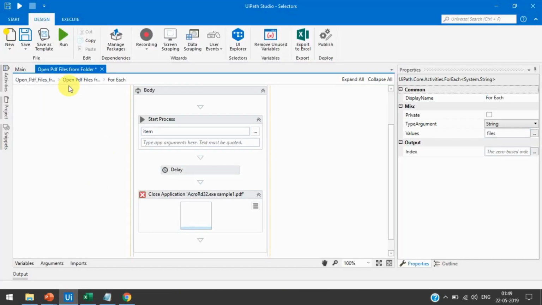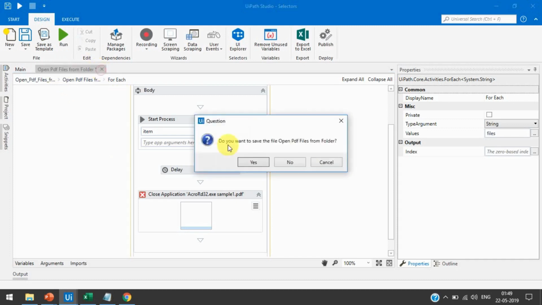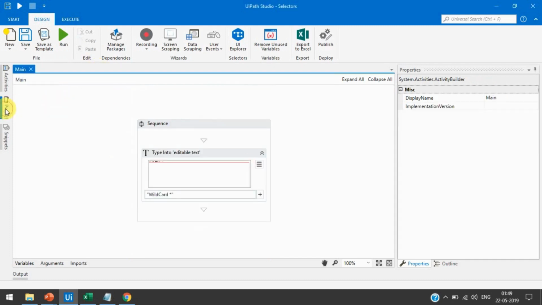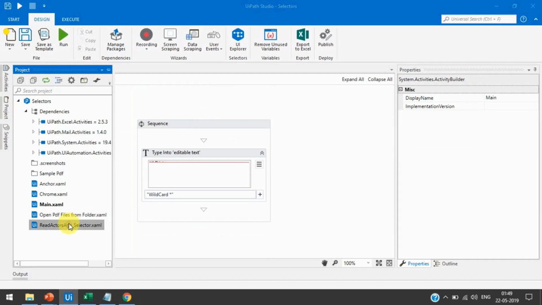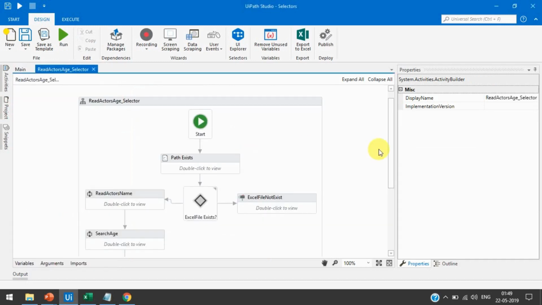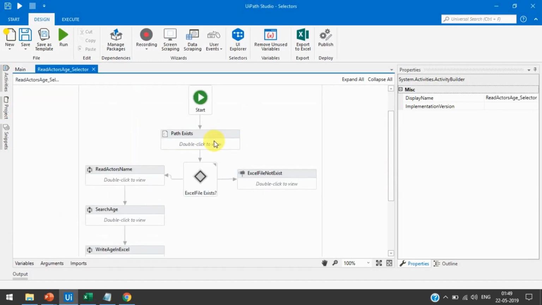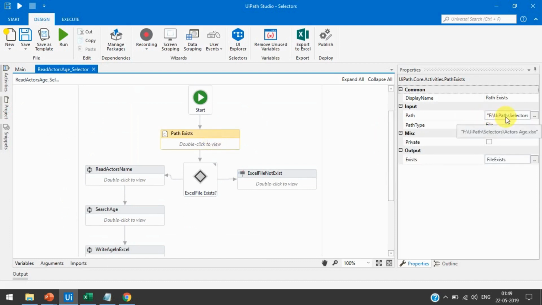So I have already created that workflow here. Let me open that. Here I have taken Path Exist. I have checked whether that Excel file exists or not.